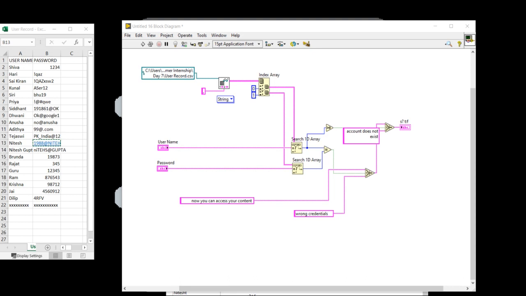We'll meet tomorrow and we'll continue. Tomorrow we'll discuss for loop, sorry, case structure, cluster, enumerate data type, graph and chart. So best of luck.